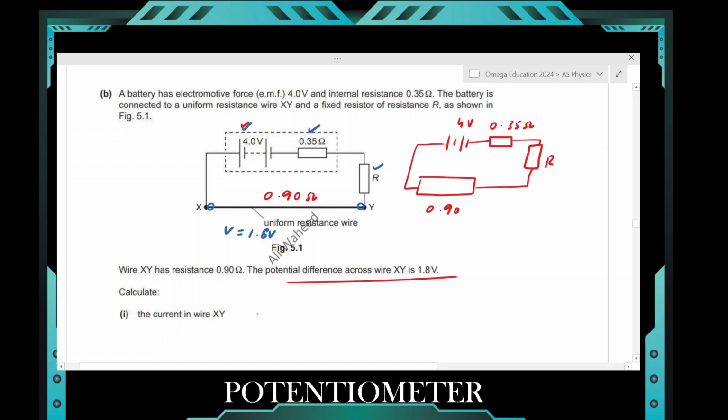So current in the wire would be voltage across the wire divided by the resistance of the wire. Voltage across the wire is 1.8, resistance of the wire is 0.90, and if you hit it on the calculator,